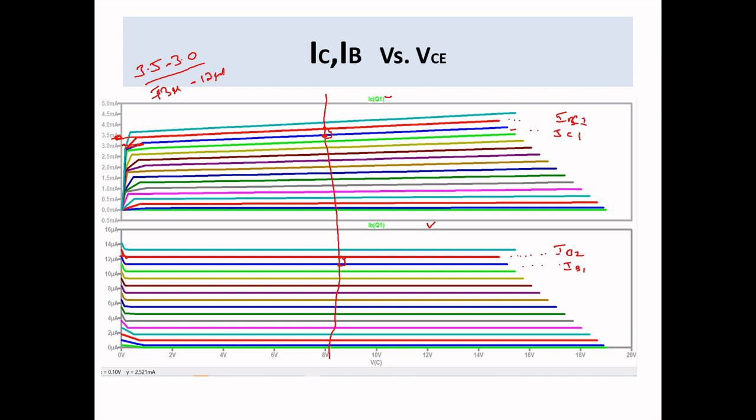12 microamps. Okay, so when calculating, you can zoom in. I will show you in LTspice. You can zoom in and measure properly. Somewhere around 6 or 5.8 when you zoom. You can zoom up to 3 to 4 scales so that you can measure precisely. So I hope you understood the theoretical part. Now we'll go to LTspice.